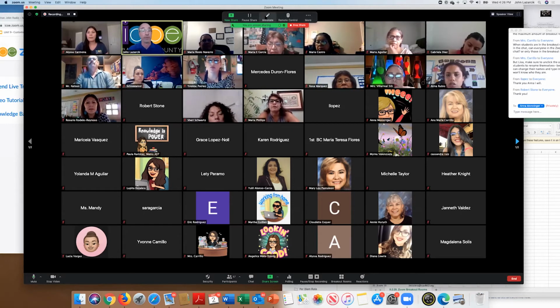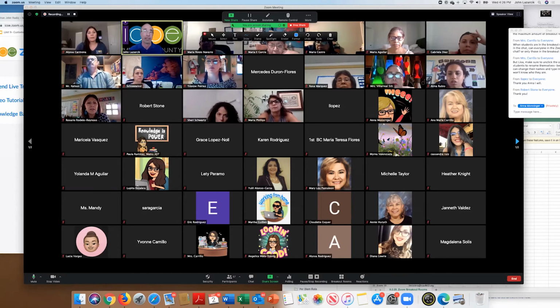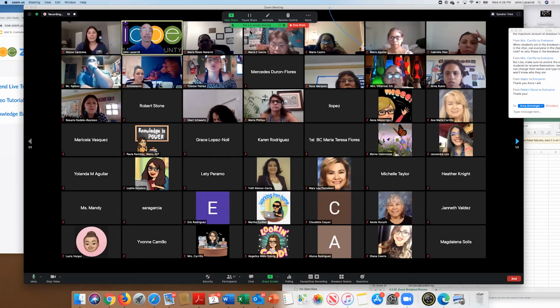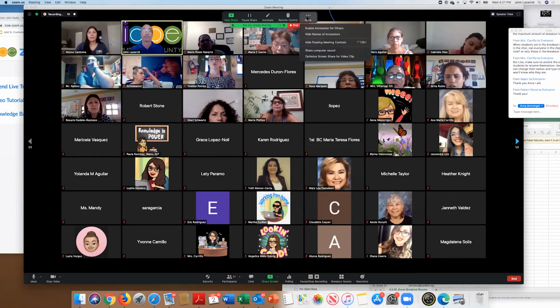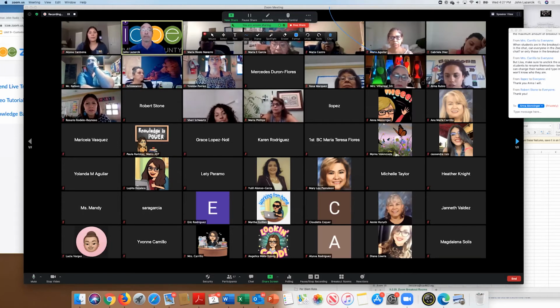And they should have, if you've enabled it. So again, going back to the settings, I had to enable annotation in my settings. And when I do, the kids should be able to see this annotate button and they should be able to annotate. But they have to look up on the top of their screen where this is in order to do that. But again, you have to enable the annotation setting for this to even occur. Otherwise, kids will not be able to do it, and this option will not show up. So another great question. So I'm going to clear that.